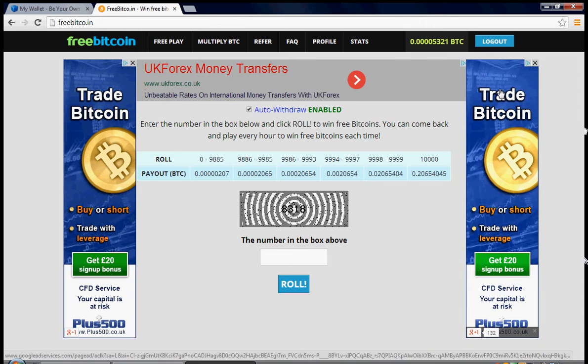But not just that, a lot of the time the people that own these sites have been mining Bitcoin for maybe years, for a while, and